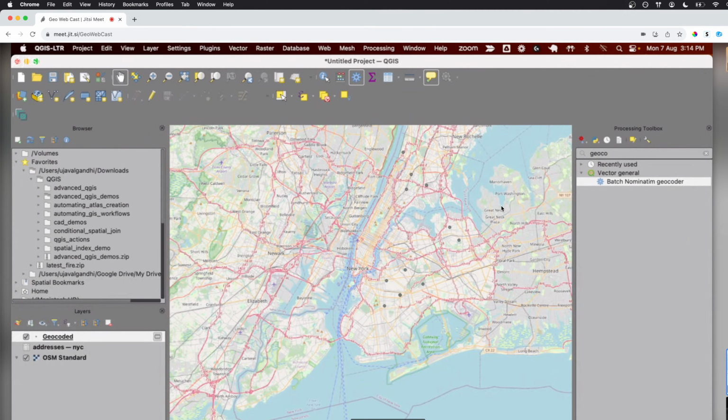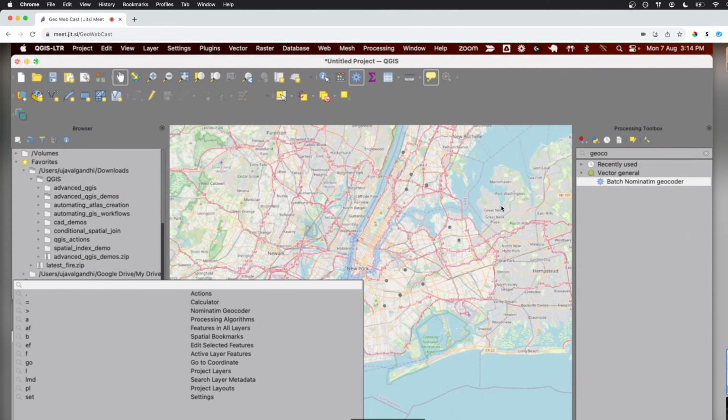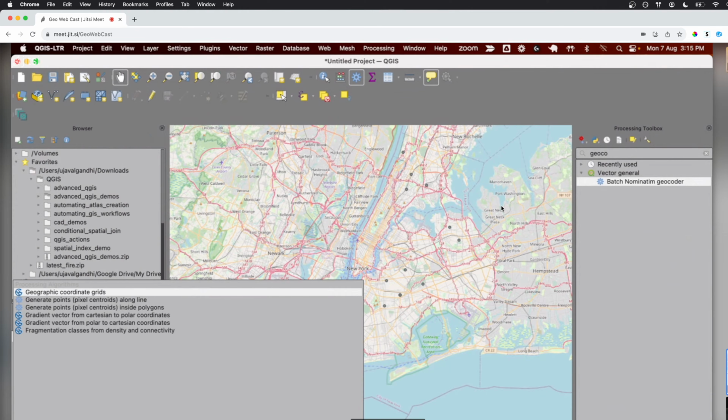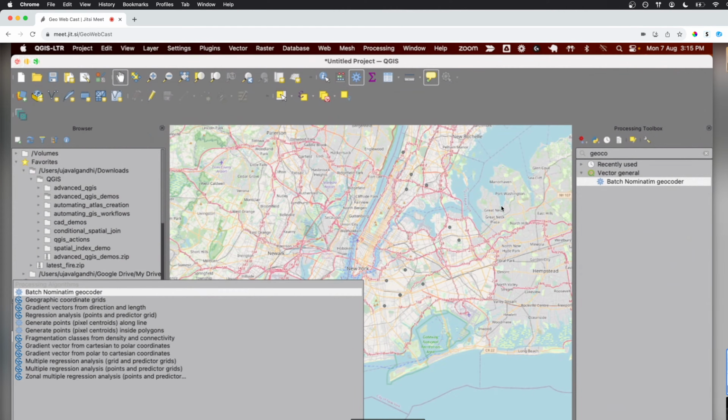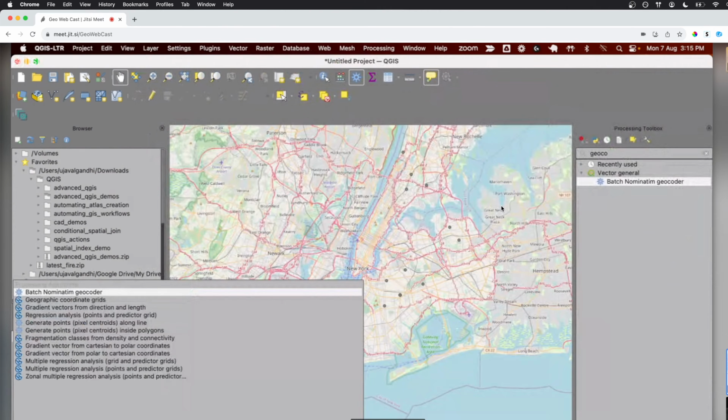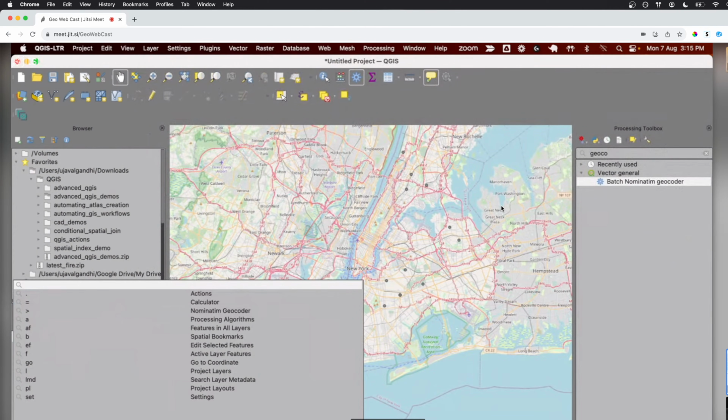Yeah, and it can do a lot of things. For example, I use it all the time to launch processing toolbox tools. Let's say I want to geocode. I can just type it, search for geocoding, and press enter to open it. I don't have to go to the toolbox. I can launch stuff directly from the locator bar. There's also a shortcut, Command K or Control K, to open this. So it's Command K, type geocode, then enter, and you can open the tool. It's fully enabled with keyboard shortcuts.